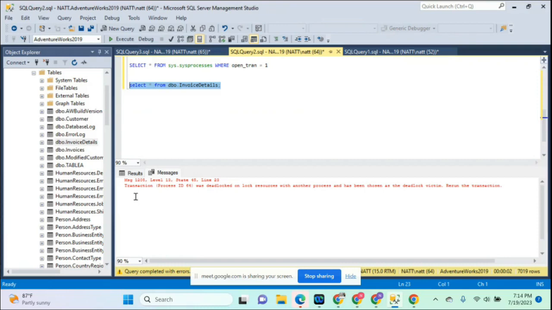You see, transaction process ID 64 was deadlocked on lock resources with another process and has been chosen as a deadlock victim. So deadlock victim ሆኖ ተመርጧል ማለት ነው።